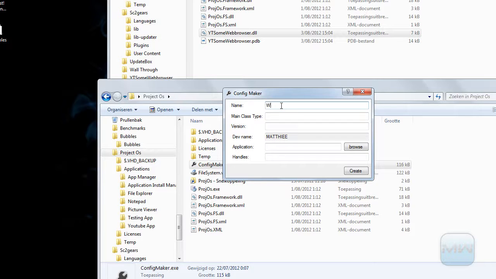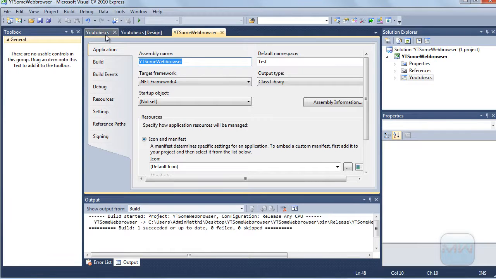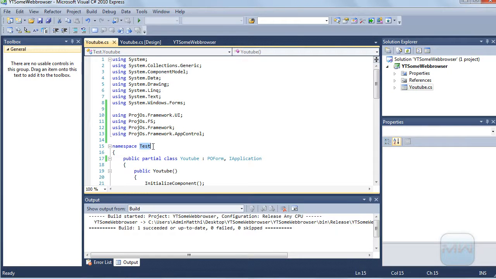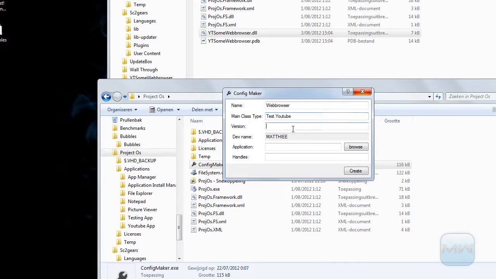The name, I'm going to make it like web browser. Main class type. So you can see here I have to do test dot YouTube. So you have to remember that test dot and then the class name, so your namespace and the class name. The version is going to be like 5.1 blah blah, something like that. The application,